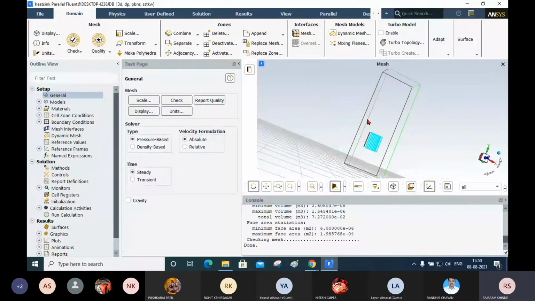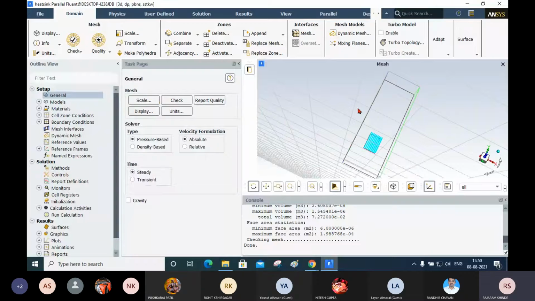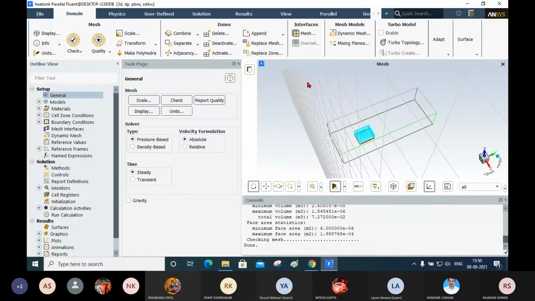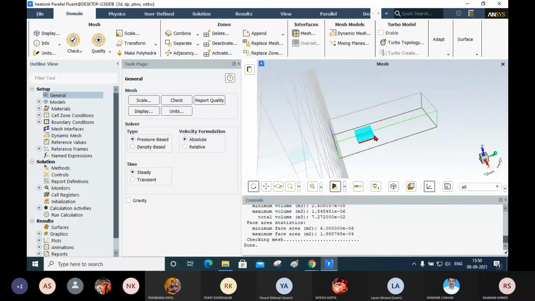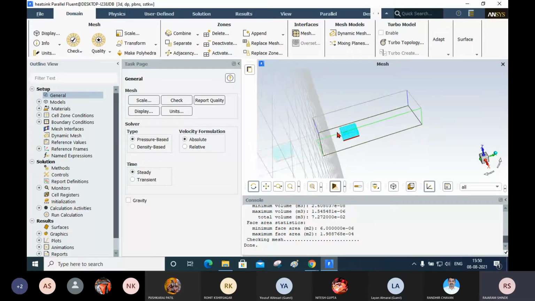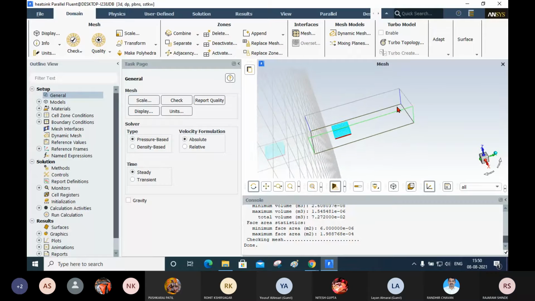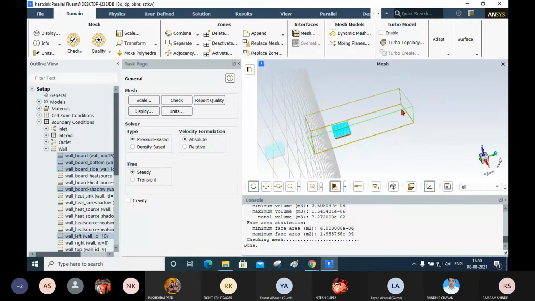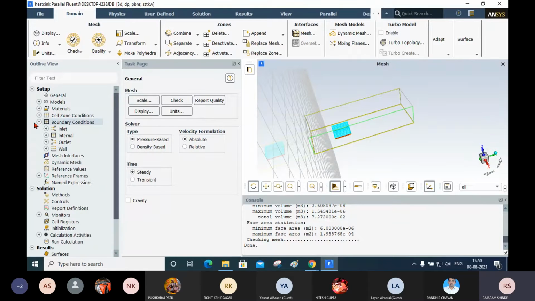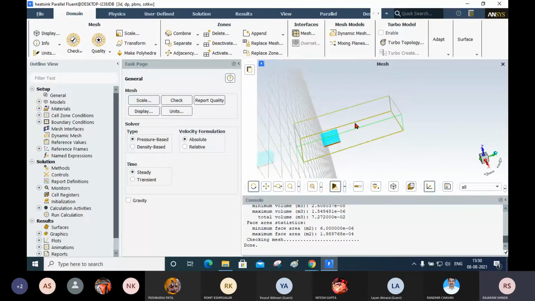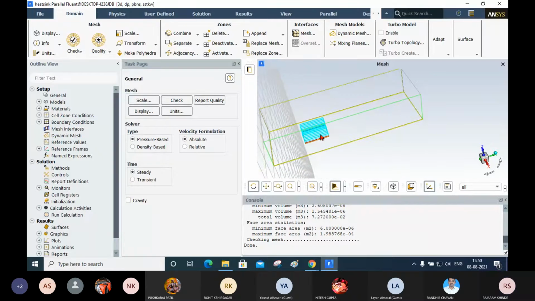Now you can see here this is your circuit board which is inside this.